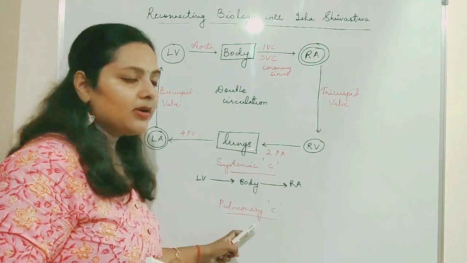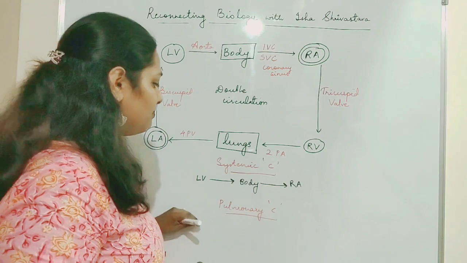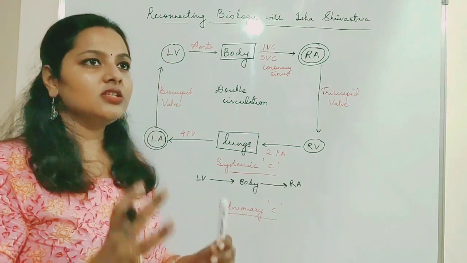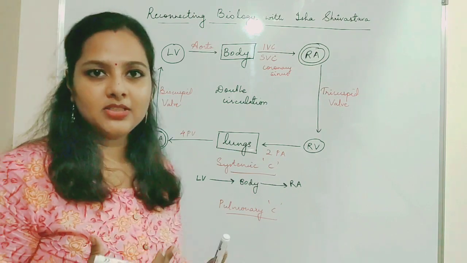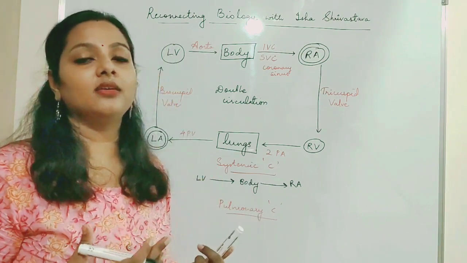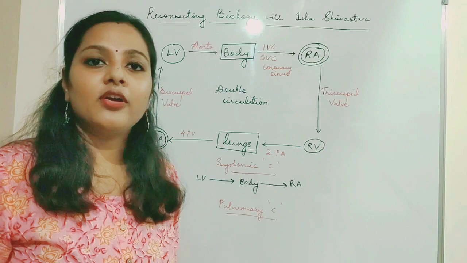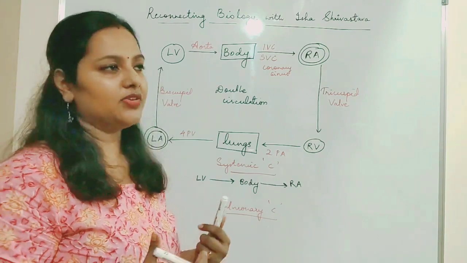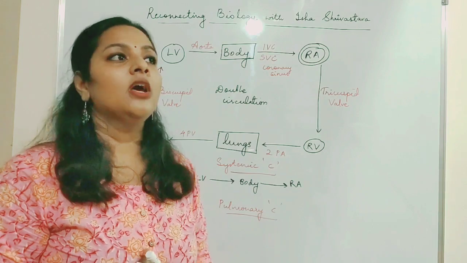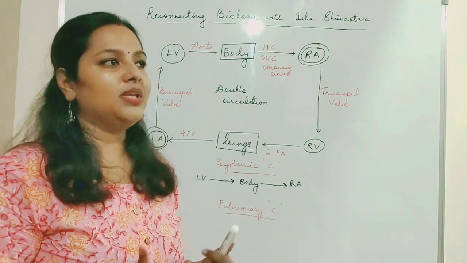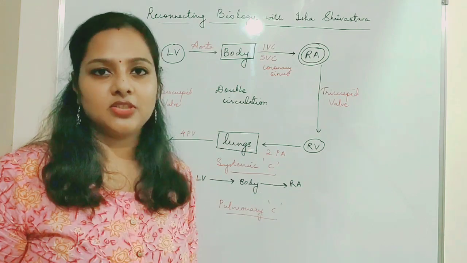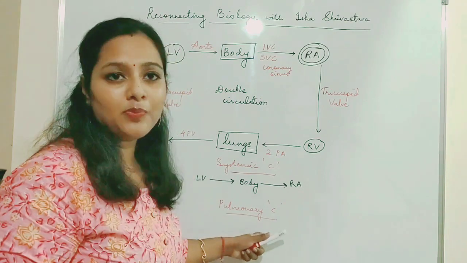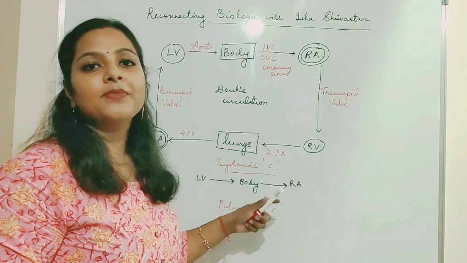Now, what about the pulmonary circulation? The term pulmonary signifies the lungs. There are certain terms which you can relate with body parts. For example, the word hepatic stands for the liver. When you talk about cardiac something, it refers to the heart. When you're talking about neurological terms, you're talking about the nervous system, so the brain and the spinal cord. And when you're talking about pulmonary, this term refers to the lungs.